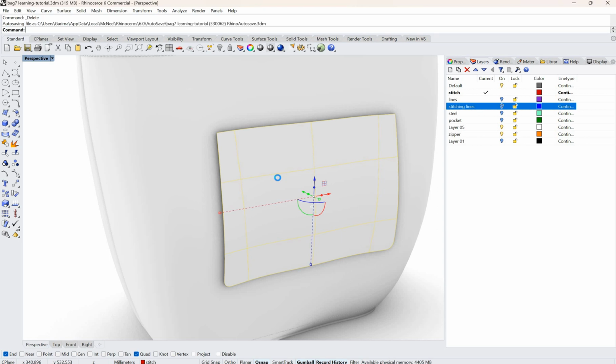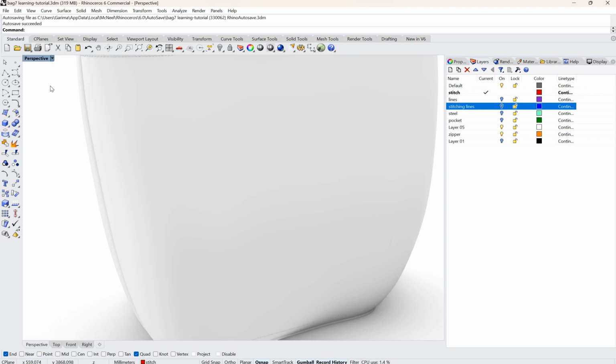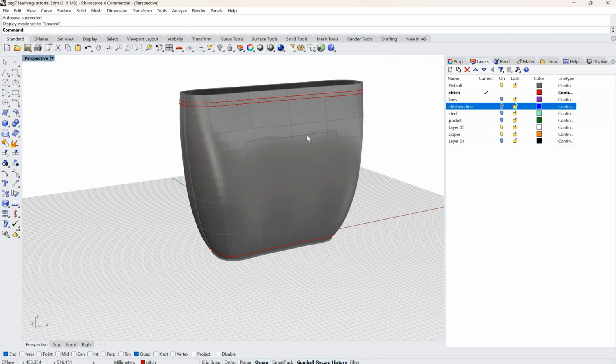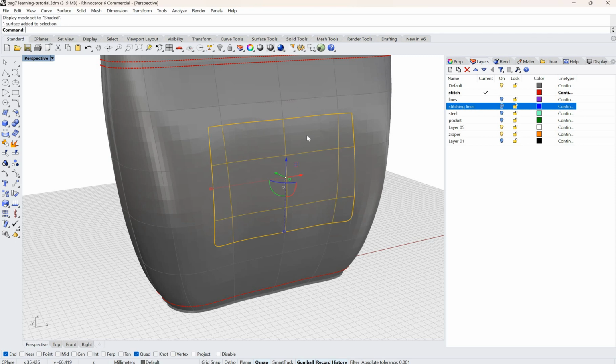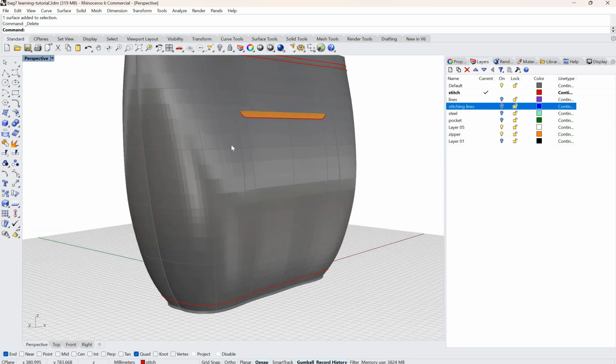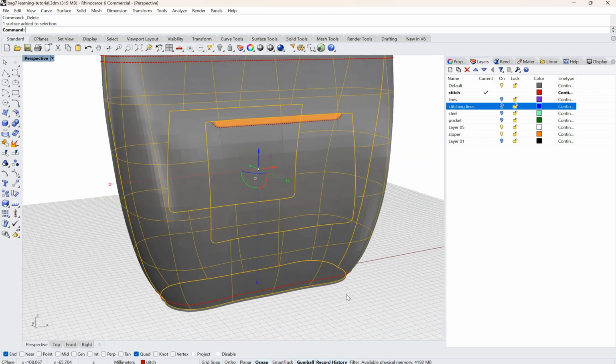So I'm going to delete this one and let's go to the shaded view. And I've already created a surface. I can delete this surface. And if you're wondering what to do since this surface is already gone, basically,